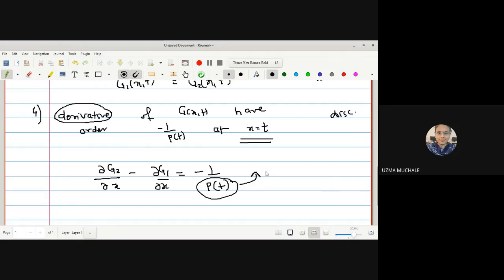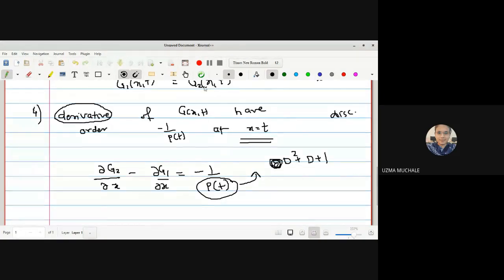It is the coefficient of the second derivative. That means whatever may be our differential equation, suppose D square plus some D plus 1 is equal to there. So here whatever may be the coefficient, either it may be constant or variable, that we have to write here. Okay, understood? The derivative of g of x,t has a discontinuity of order minus 1 upon p.